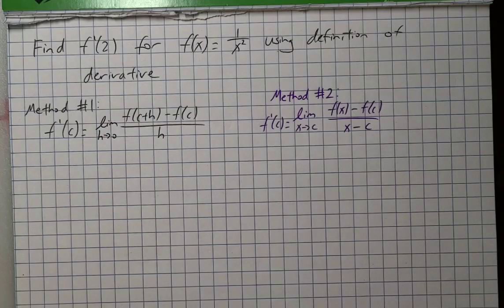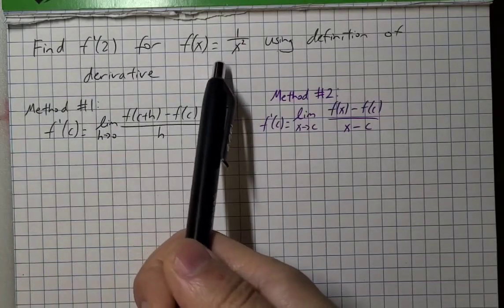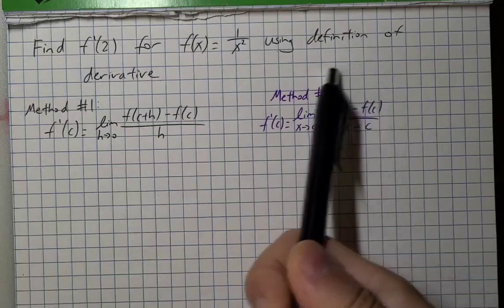This video is once again motivated by one of my students' questions recently, and this is actually a very common question that I get whenever I teach calculus. Okay, so the question is, they're given a problem like this. Find f prime of 2 for f of x is 1 over x squared using the limit definition of the